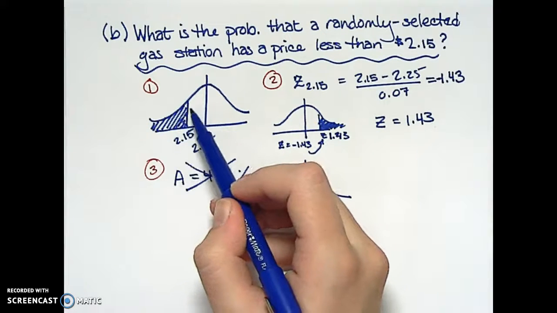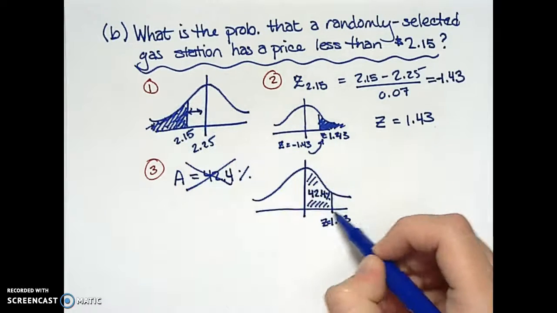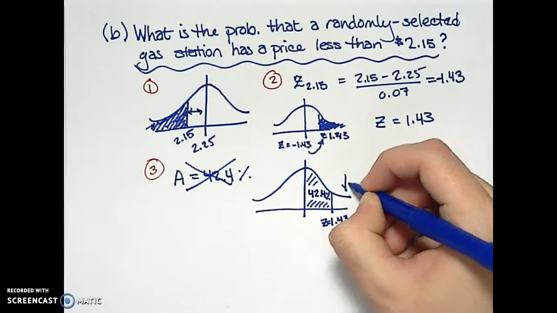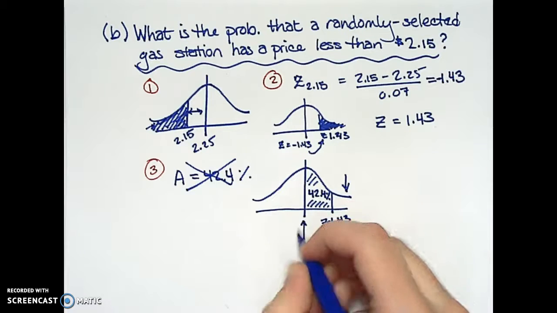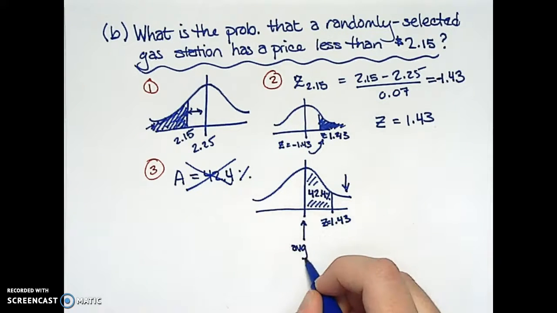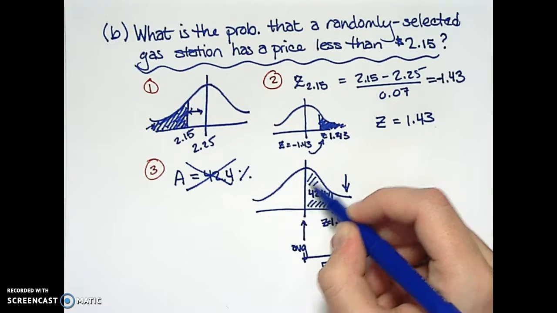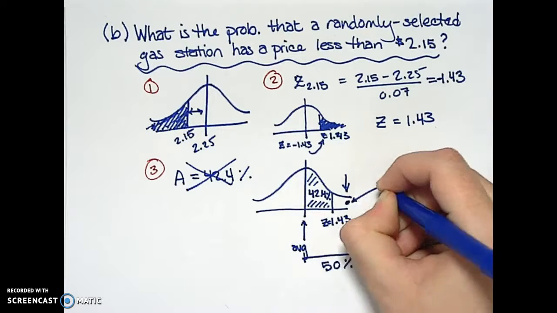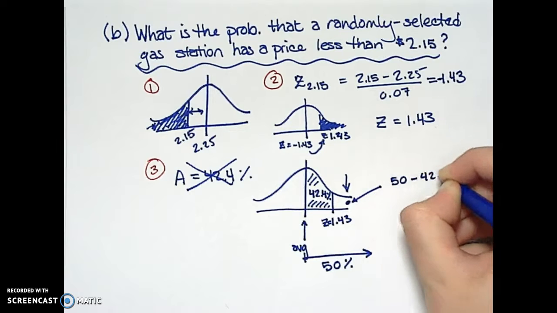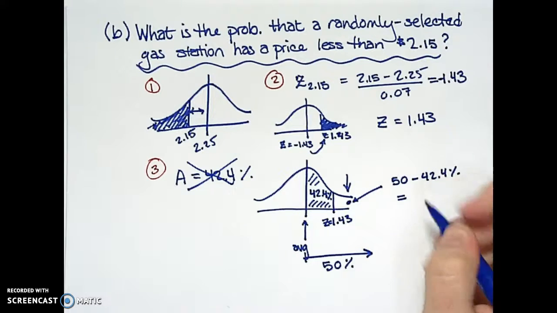What we wanted was not the area between that value and the average, but what was in the tail. So I have to consider the fact that this is not what I want. I want this area right here. What do we do? Remember, this is our average. So to the right of my average will be 50% of the area. So if I have 42.4% here, and overall in the right half I have 50%, then the area for what I want is really 50 minus 42.4%, or that gives us an area of approximately